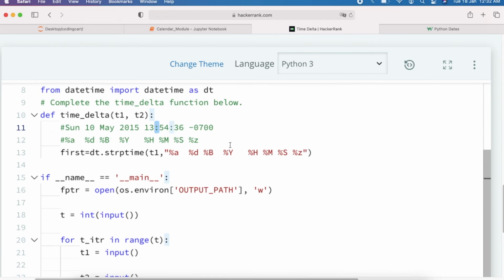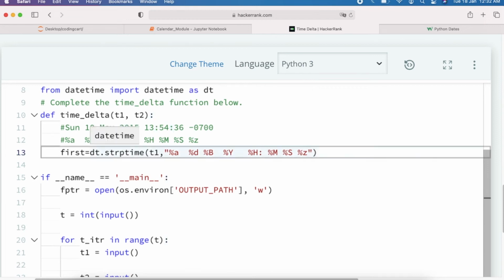So after %H we will be using a colon, and they have used one after the minute too. After that, one space and %z for this UTC. So we are done with the time one.